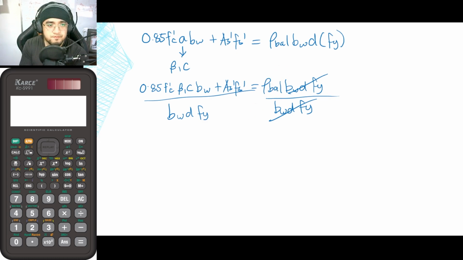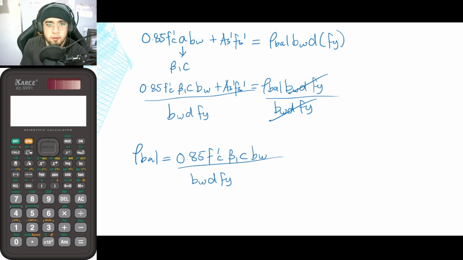So from that, rho balance is now equal to 0.85 times F prime C times beta 1 C times B sub W divided by B sub W times D times Fy plus AS prime divided by BWD Fy Fs prime. So I forgot the Fs prime. Okay, so take note here that BW would simply cancel out. Apologies. So once again, BW would simply cancel out, leaving us with an equation of